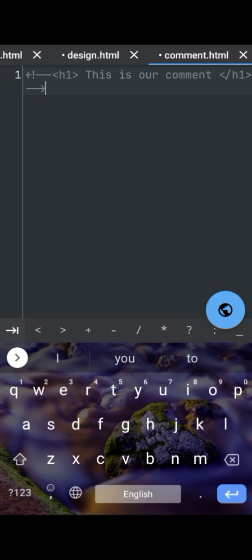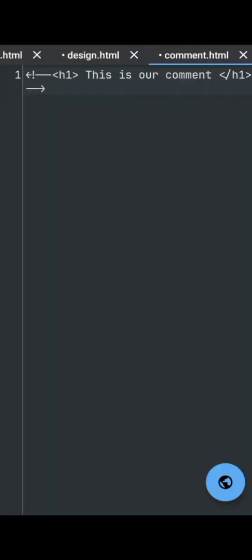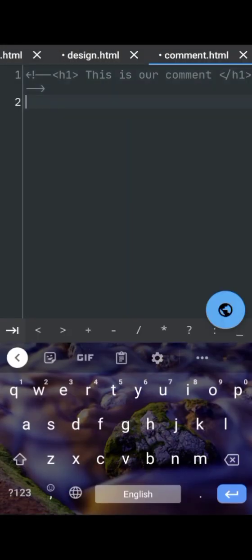Now let's go to our browser to see if it will still appear. So our browser is empty. Why? Because we've commented the h1 element out. It's not going to appear on our browser. So let's go back and add another element. This time we are going to be adding a p tag,